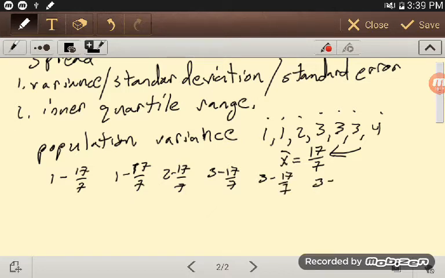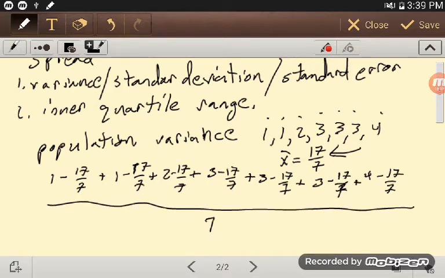And 3 minus 17 over 7, and then finally 4 minus 17 over 7. Now, I could add those all up, plus, plus, plus, and divide by how many there were, so divide by 7. And great. Now, the problem is if you do this, you're going to get the number 0. The reason you're going to get the number 0 is that